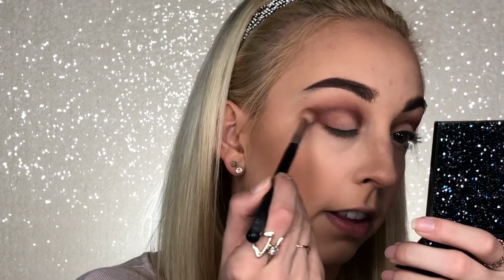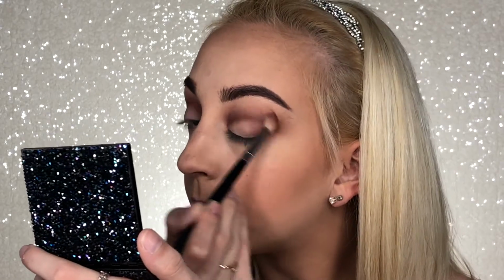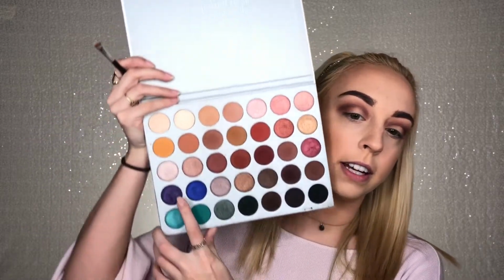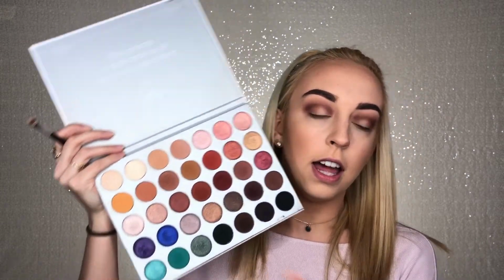To go back in with that M433 just to blend everything out in the crease. And next, for all over the lid, I'm going to be going in with this shade right here called Royalty, and just placing that down all over the lid because we're going to go back later and lighten up the